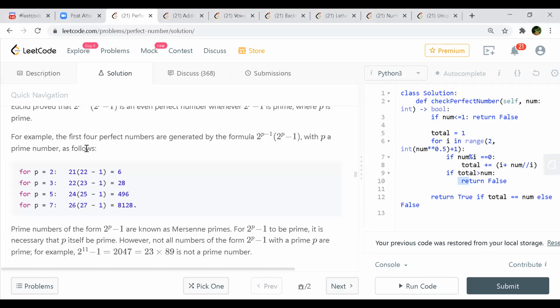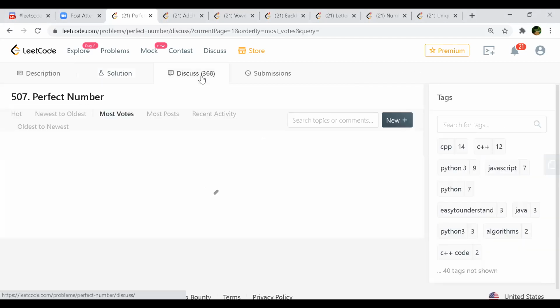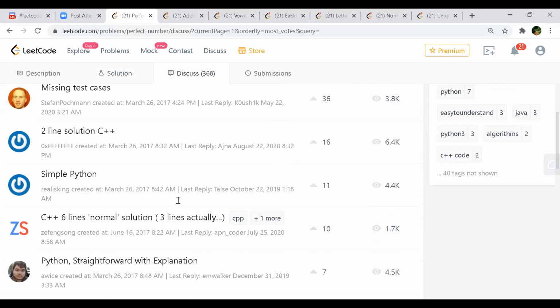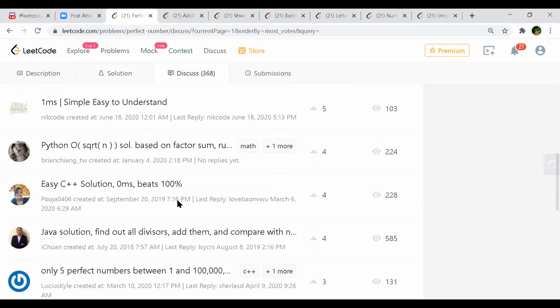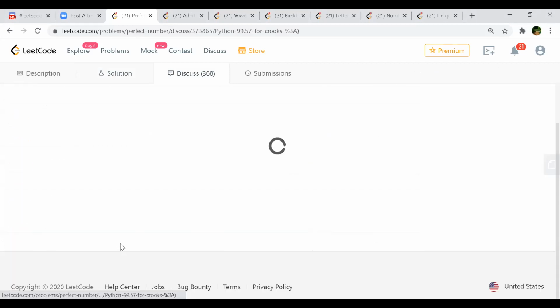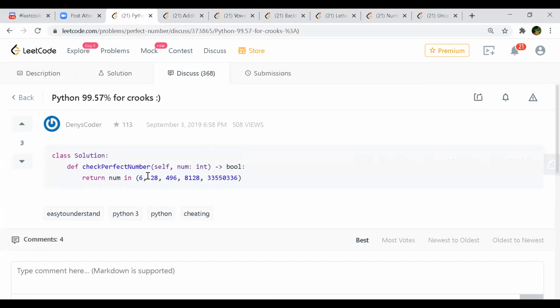If you look at some of the implementations on LeetCode, they are coming up with 4 to 5 numbers, of all the integer values. If you hit on those numbers, and out of that, 28 is one of them. I think 6 also is one of them, right? Yeah. So there are only 5 such numbers, and if you get any of them, you return true, or else you return false. Python, yeah, exactly. So these are the only 5 valid integer perfect numbers, right?